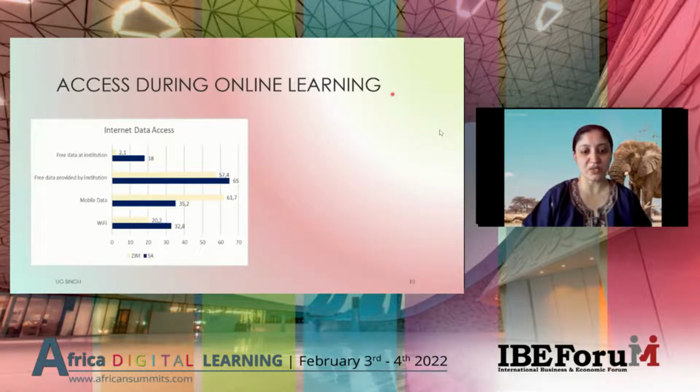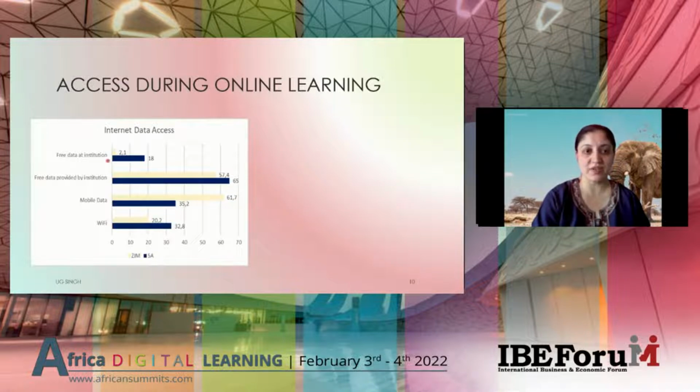And what we clearly saw was that in South Africa, for example, there was a great collaborative effort by government, higher education, and the service providers to provide a set amount of data to the students in order for them to be able to get access to network connectivity in order to complete their classes. So you can see that the majority of them made use of that free data. In Zimbabwe in particular, because students there did have access for a period of time to use the data at their institutions, you can see that that bar is slightly higher.